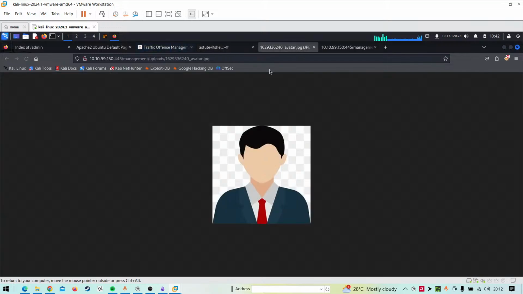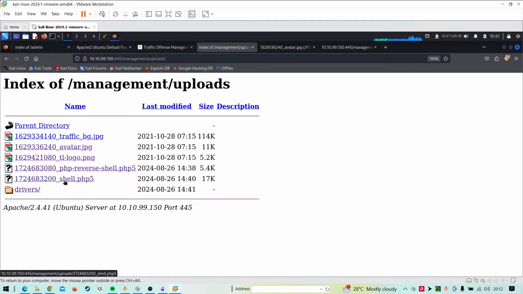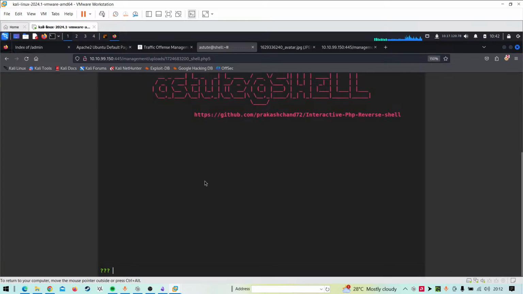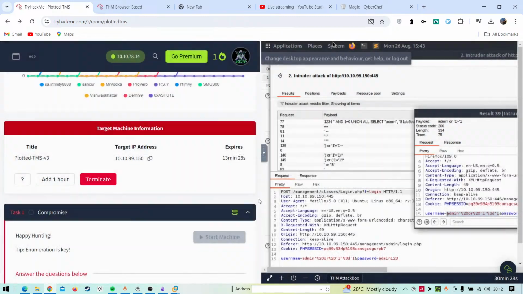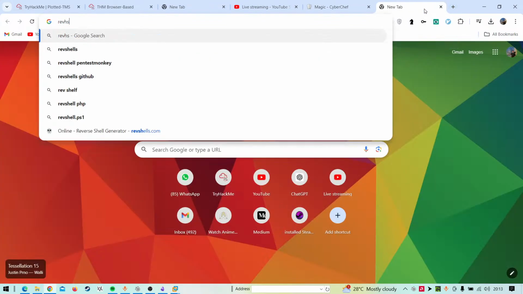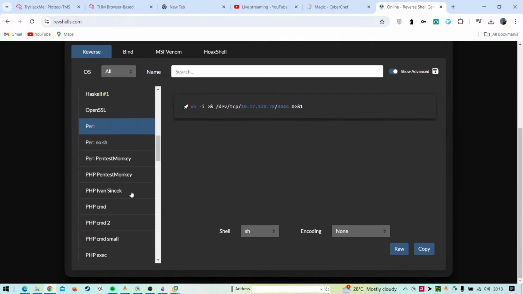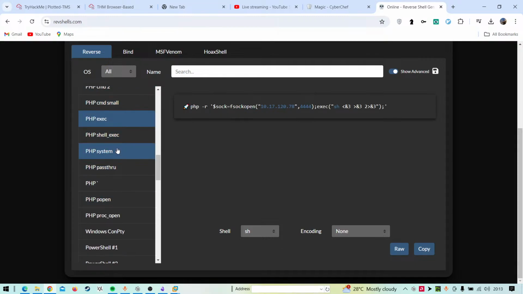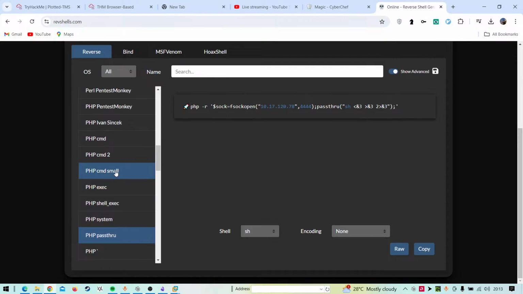Okay. So if you see on this particular uploads directory, that PSP file and all these stuffs, but some of the codes are not working. So that means a PSP code for this particular line could be a complex one, right? Let me add one hour. So we can just go to our revshells.com and just go for a PSP one, somewhere here, PSP execute, PSP, this one. So you have to make sure that you use the right one.